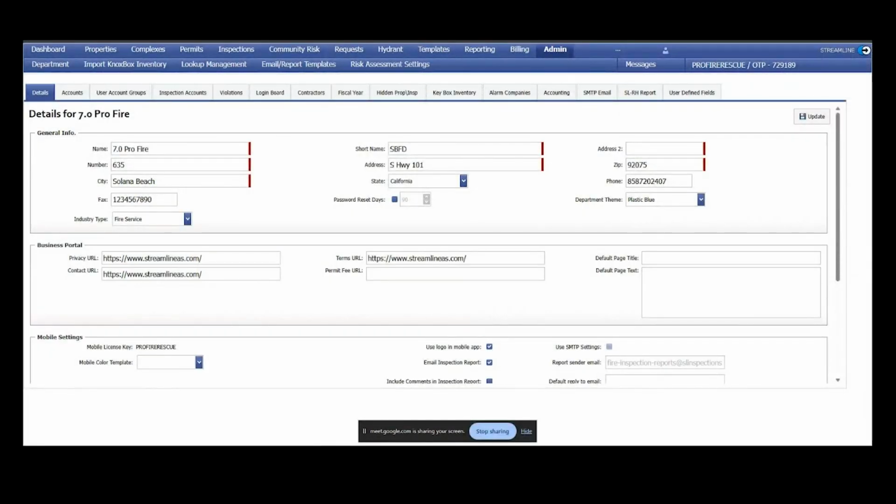Today, we are excited to show off a review of our recently released user-defined fields. This will allow the department to create its own data points to not only be viewable within the different areas of Streamline, but also allow for the collection of data both within the admin website and while inspecting